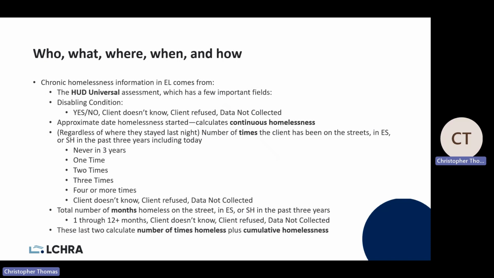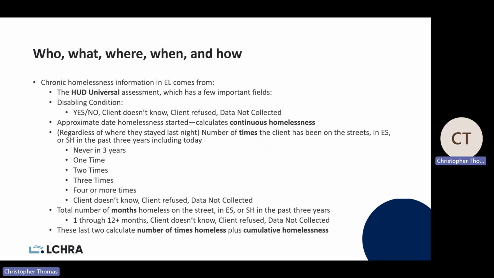The other questions are what I just said, basically. It's going to ask for a date homelessness started, is one of the questions it'll ask. And EL is just going to take the date you give it and subtract that from today's date. And if it's been more than a year since this person was homeless, they will meet that criteria. And then the same goes for the 2 questions about number of times. We have never, of course, up to 4 or more, and the cumulative length.